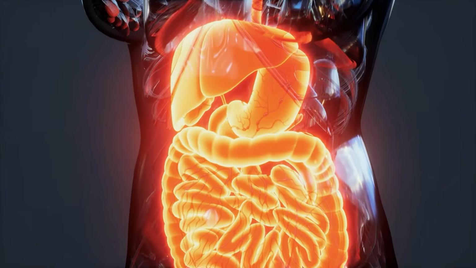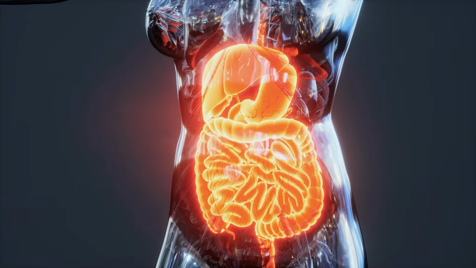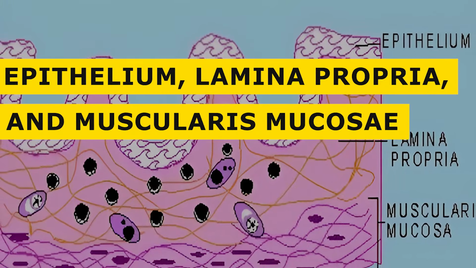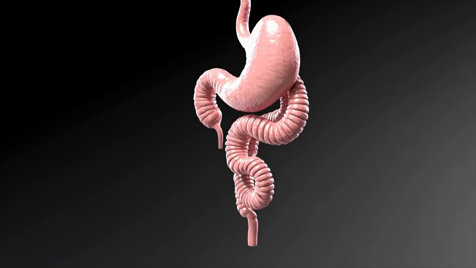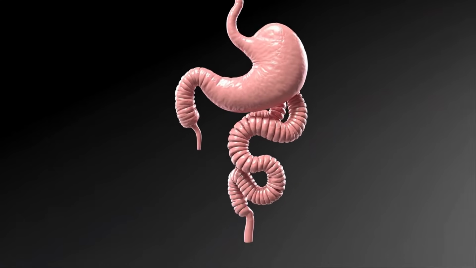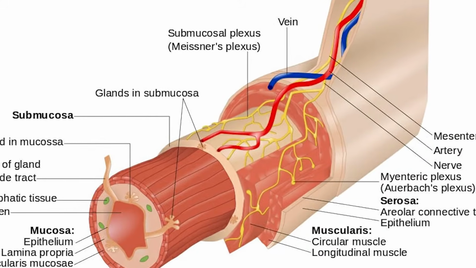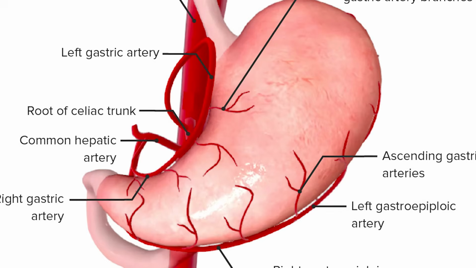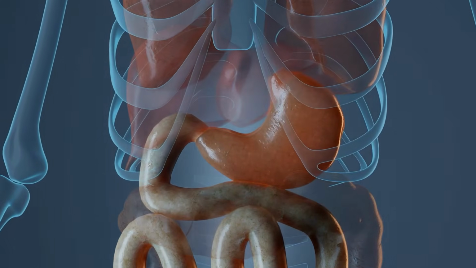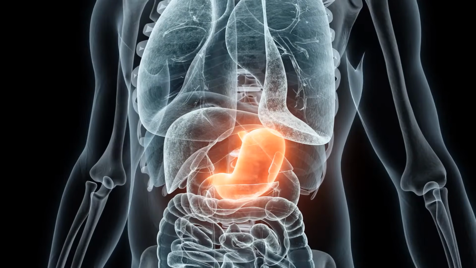Mucosa. The mucosa is the innermost layer of the stomach wall and consists of three components: the epithelium, lamina propria, and muscularis mucosae. The epithelium is made up of simple columnar cells that secrete mucus to protect the stomach lining from the harsh acidic environment. The lamina propria is a connective tissue layer that contains capillaries, lymph vessels, and immune cells. The muscularis mucosae is a thin layer of smooth muscle that aids in the movement of mucosa and helps expel